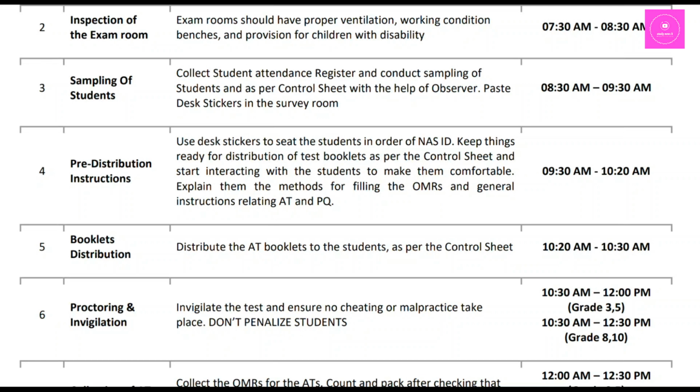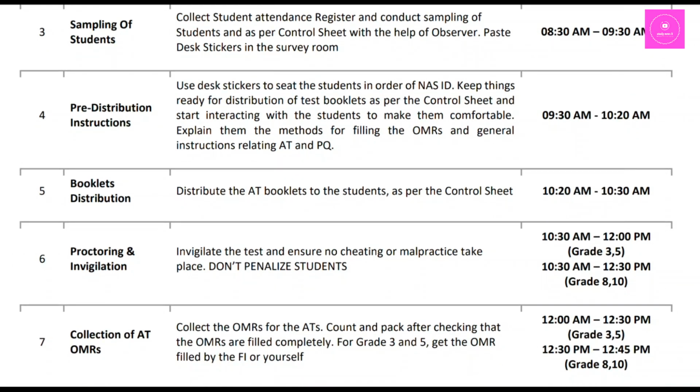Explain to them the methods for filling the OMRs and general instructions relating to AT, assessment test, and PQ, pupil questionnaire. Timing 9:30 to 10:20. Distribution of AT, assessment test booklets to the students as per the control sheet, 10:20 am to